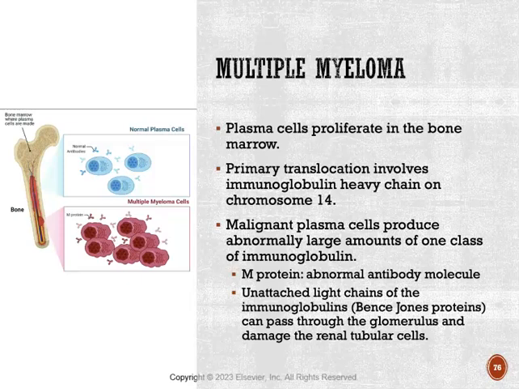And so a key marker of multiple myeloma is the presence of the M protein, which is an abnormal antibody molecule. And we may also find some Bence-Jones proteins, which are unattached light chains that can pass through the kidneys and cause renal damage. So like we said, in these patients, we want to monitor for kidney function, manage any bone pain, and prevent infections. These patients may be experiencing anemia, fractures, and hypercalcemia, which is going to require hydration, mobility support, and pain control.